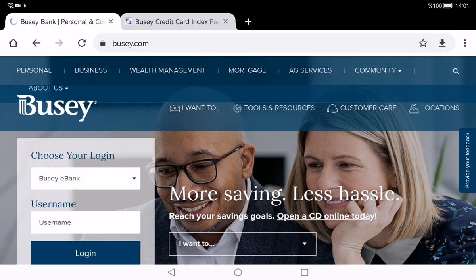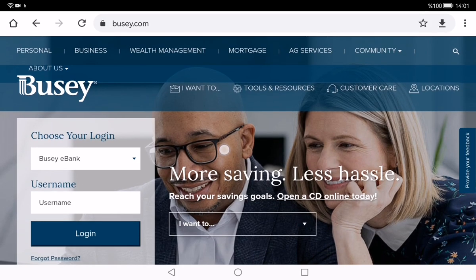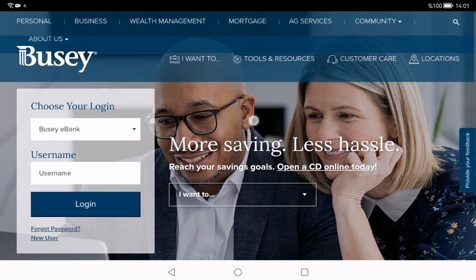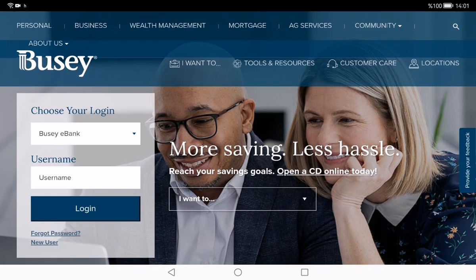Hey everyone, today I want to talk about Busey Credit Card Login, and as you see I'm on busey.com and this is the main page of busey.com. As you see there is a login window here, but it is a bit different from other login pages because